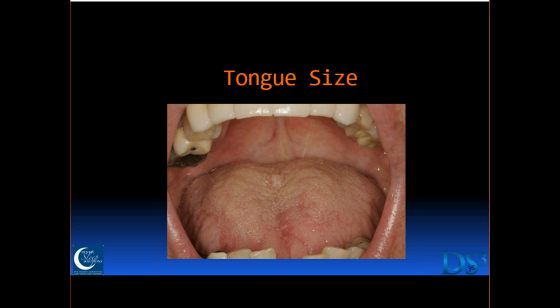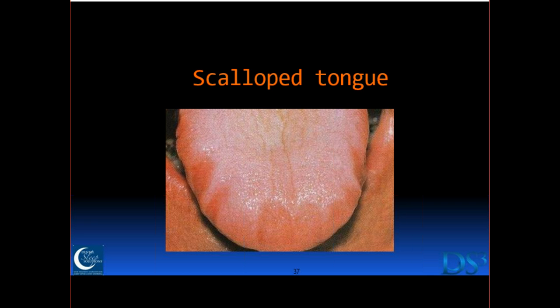And, of course, the tongue is one of the biggest problems most of us have. It gets us all in trouble because we talk too much at times. We just look at the tongue, and we'll talk about different ways that we can classify how big the tongue is. One of the things that we see is the teeth making impressions on the tongue itself. There you go, scallop tongue. That's just a tongue that's either too big for the maxillary arch that it's trying to fit in, or the teeth are too small for the tongue, right? And we get that when somebody opens their mouth and you see that.